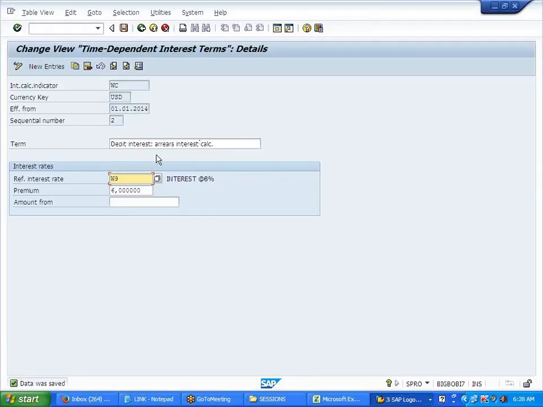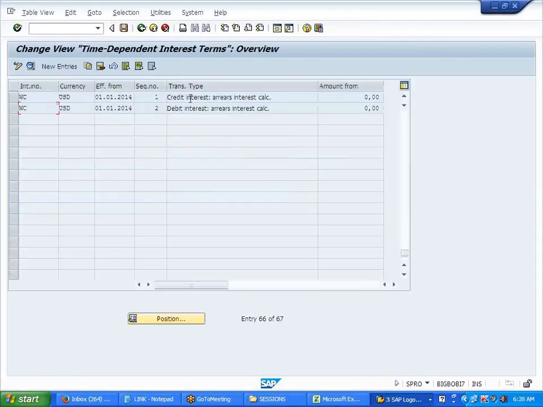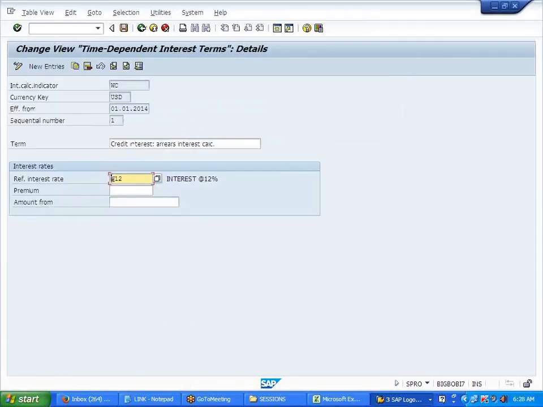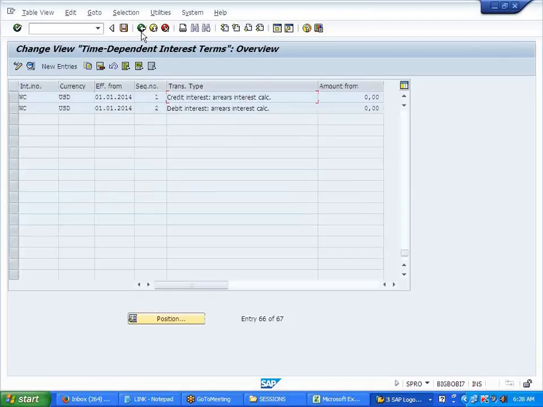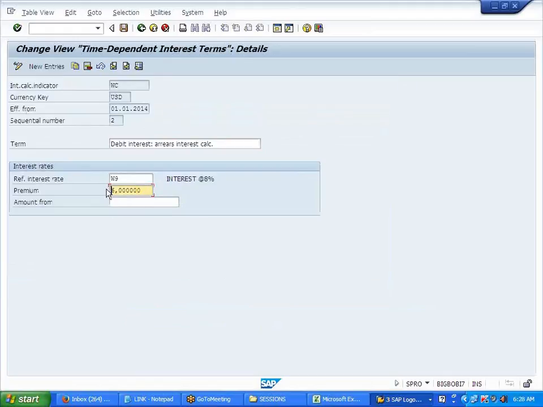So W9 is why it has selected that. But we have kept W12 for credit. In what scenario it will calculate that, I'll show you next. Now you understand this one, premium.